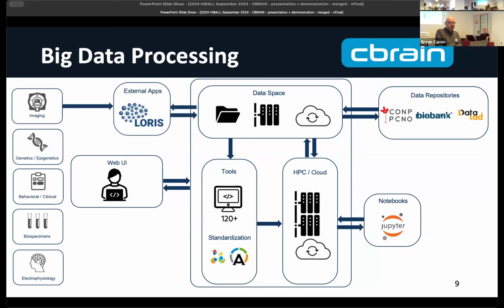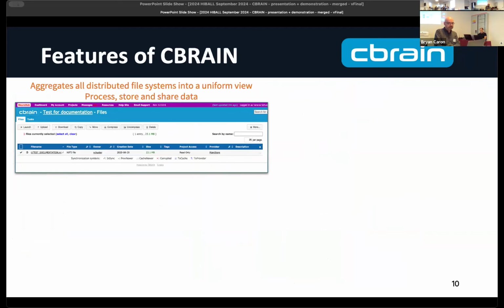The nice thing about this as well, I won't spend too much time on it, is that there are other elements within our ecosystem, one being multimodal data capture, collection, and management. It also comes from our lab at McGill and Alan's space, where we have multimodal capture for imaging, genetics and epigenetics, physiological data, even managing biospecimens. That can tie into CBRAIN as well, and we have some projects that do that full end-to-end integration for the tools on the CBRAIN side. So it's been very scalable and very capable.